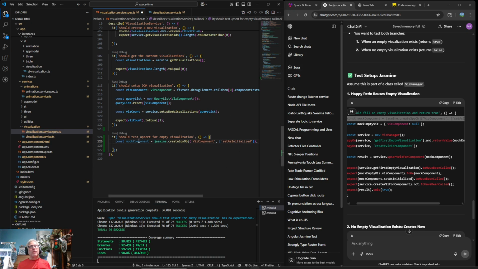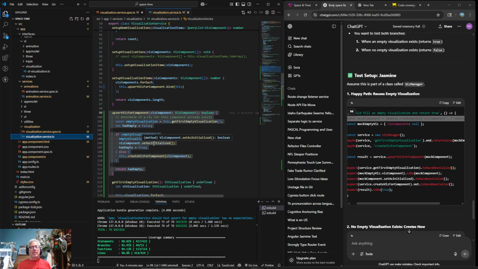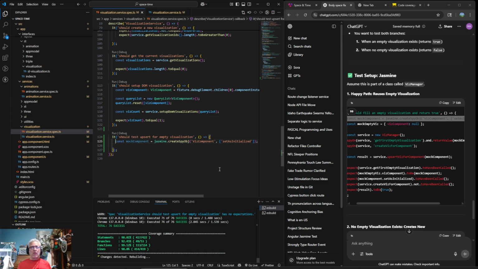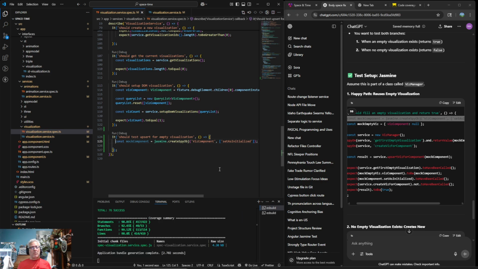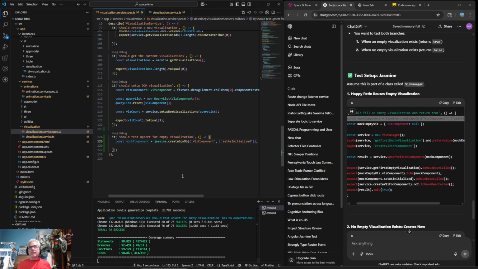It's kind of weird, right? Why does it have setAsInitialized? Oh, because it calls that here. I don't really care if it calls setAsInitialized or not, but I need it to be able to call it, and I want to make sure that nothing breaks.